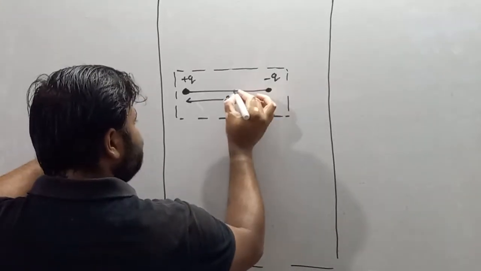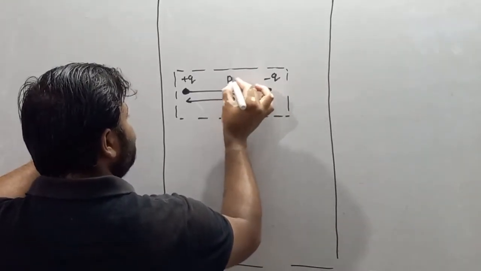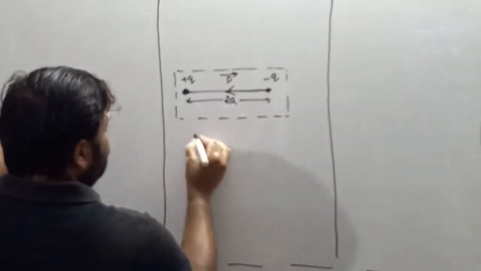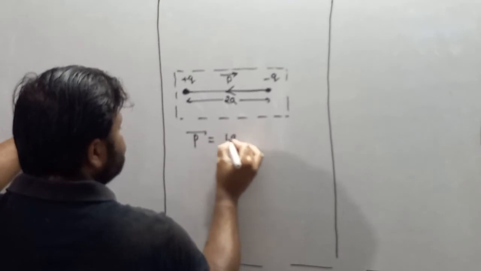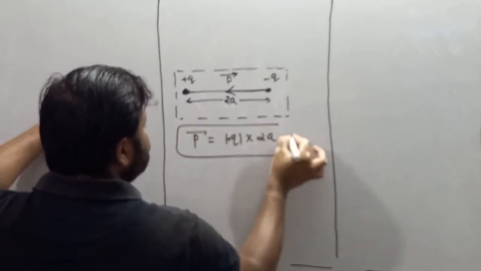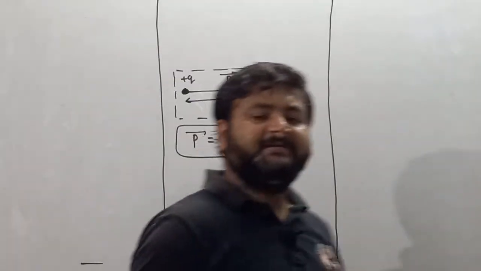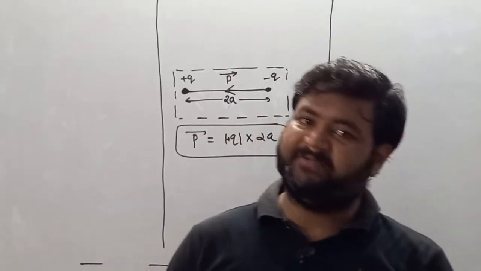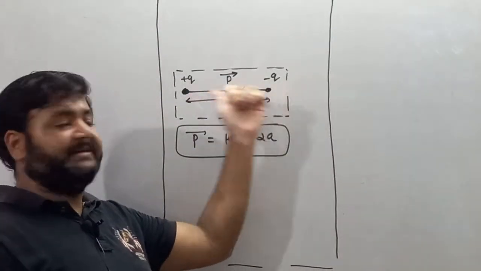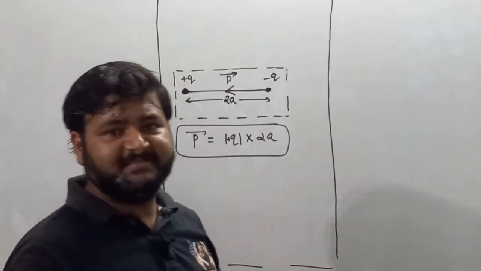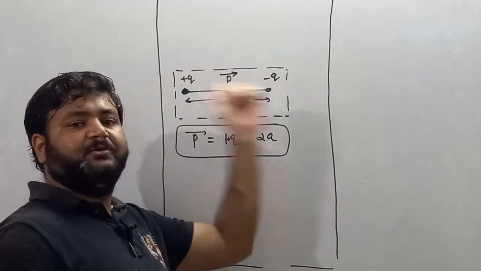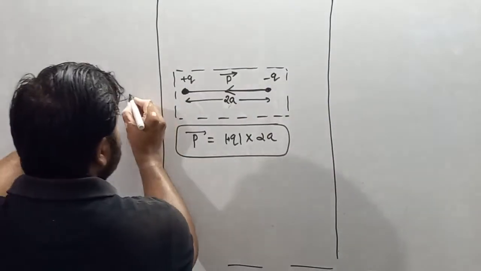And for any dipole, there is one more thing called dipole moment. We know that the value of dipole moment is the magnitude of the positive charge multiplied by the separation between the charges. Dipole moment is a vector quantity, which always starts from the negative charge and ends toward the positive charge, or we can say the direction of dipole moment is always from negative charge to positive charge. We have already studied about